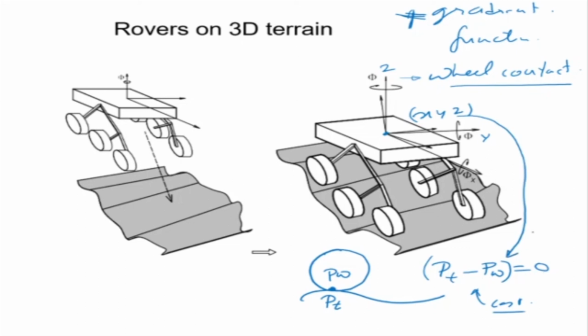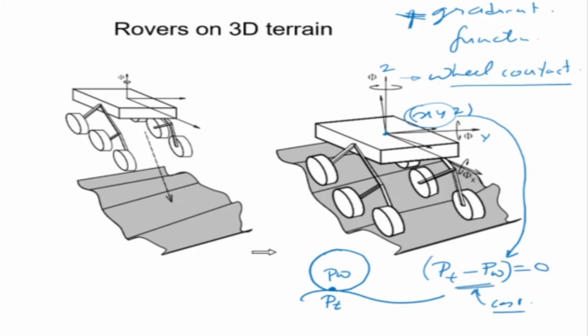Now if Wp is below Wt, that means it has gone inside the ground, and if Wp is in air, then the distance is non-zero, right? So exactly when contact has been made at every XY, so this is unique for an XY, right? So for every XY on the terrain, there will be a Z where contact has been made. So using geometrical method or by using some kind of optimization which minimizes this, you can very easily find contact